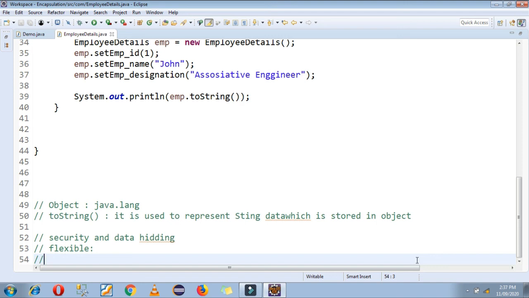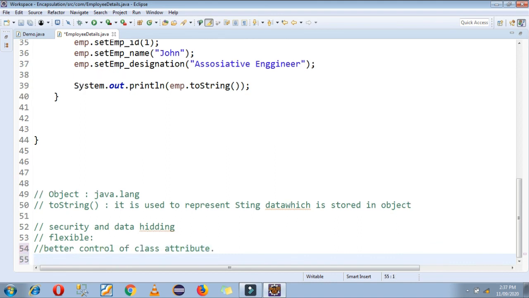Then better control of class attributes, means you can access or you can update your private data outside that class also as per your requirement. Then use of setter and getter functions allows the developer to validate the data.